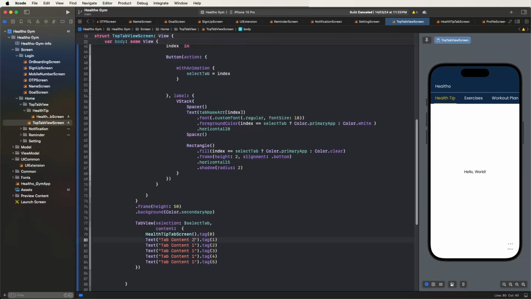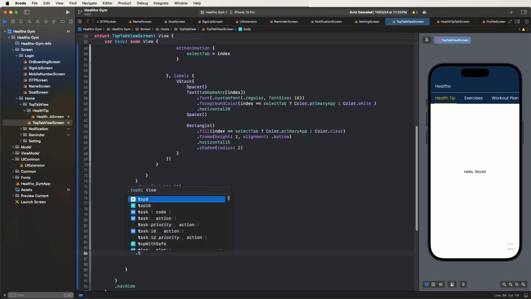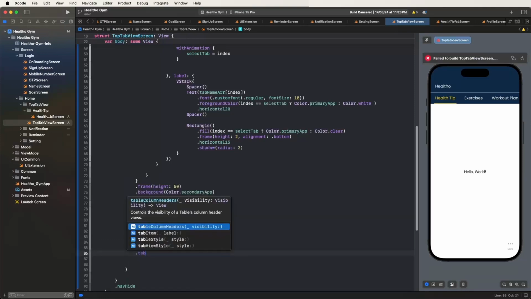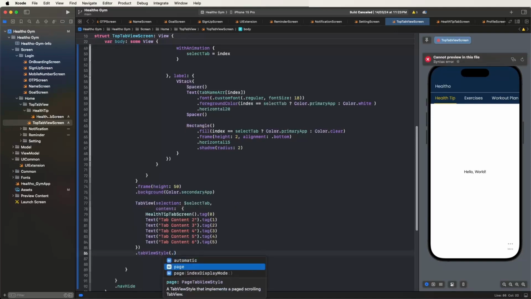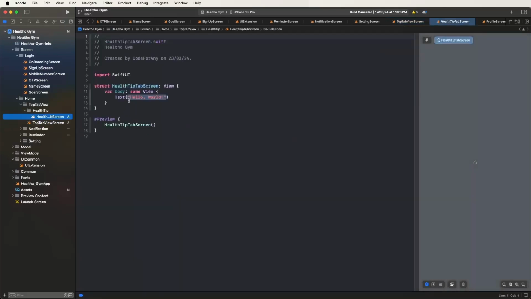Now give second, third, fourth, fifth and sixth like this, and also set the types. So set the tab view style and give the page index mode. So set the neighbors like this, and it looks like this, and changes the tabs. Also it automatically changes the UI. Now the top tab bar development is done, and now we need to develop the health tips